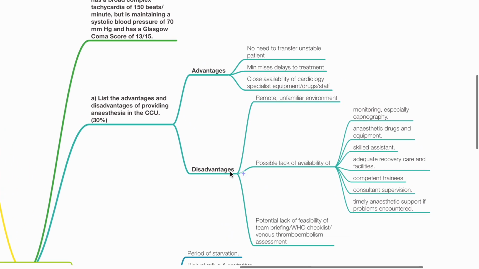A. List the advantages and disadvantages of providing anesthesia in a CCU. Advantages include no need to transfer an unstable patient to another location, minimize delays to treatment, close availability of cardiology specialists, equipment, drugs, and staff. Disadvantages include remote and unfamiliar environment, possible lack of availability of monitoring, especially capnography, anesthetic drugs